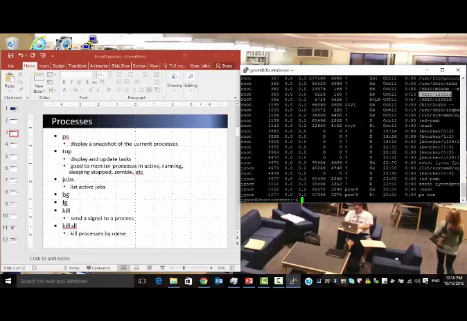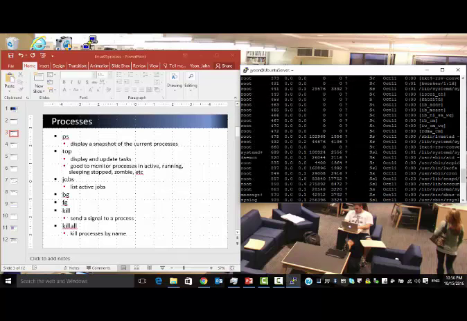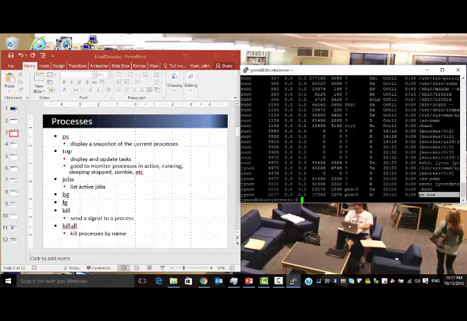SBIN, ISC, SID, and there are many others, right? Like bash, PS AUX. This is a command that I add. So this gives you a list of current processes. This gives you very useful information about processes. But the only problem with this PS is that this doesn't give you updates as something changes. But if you run top,